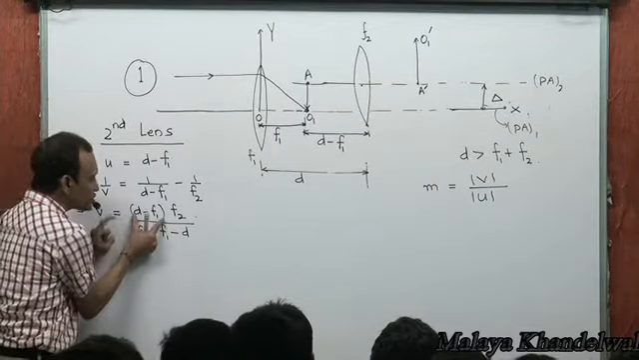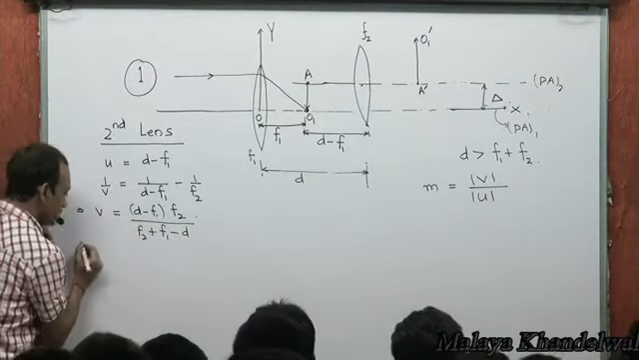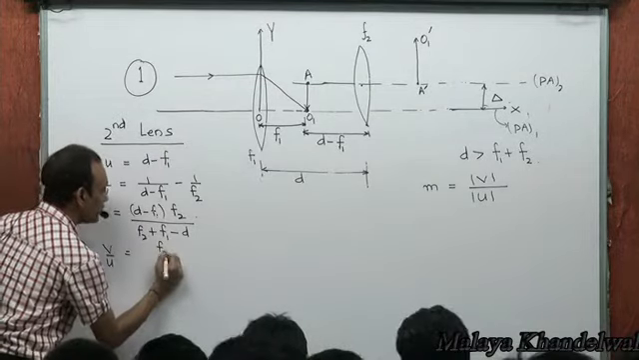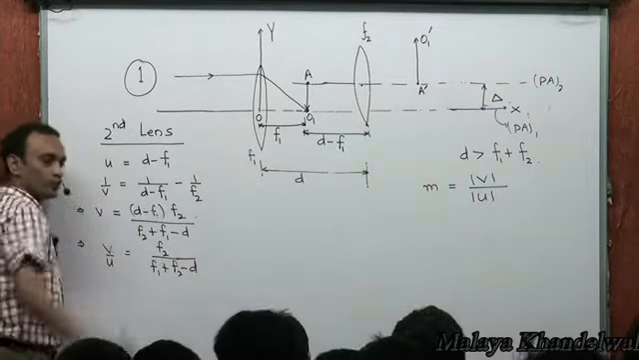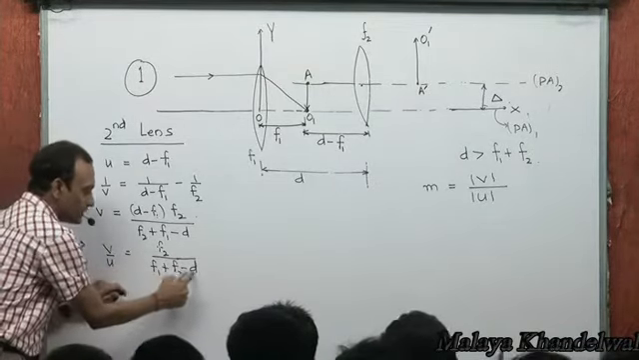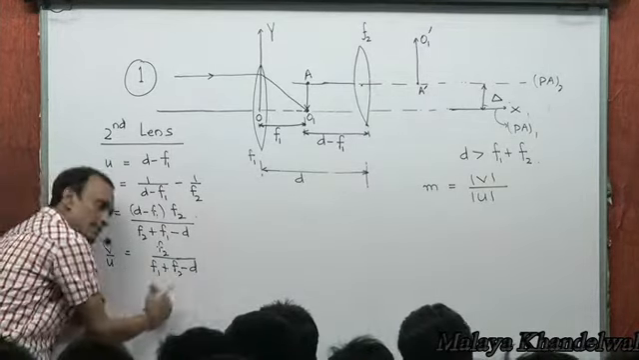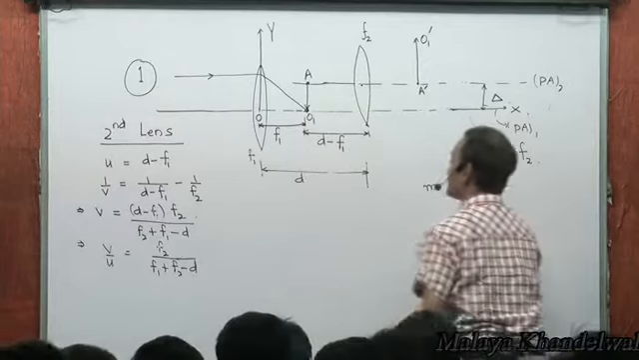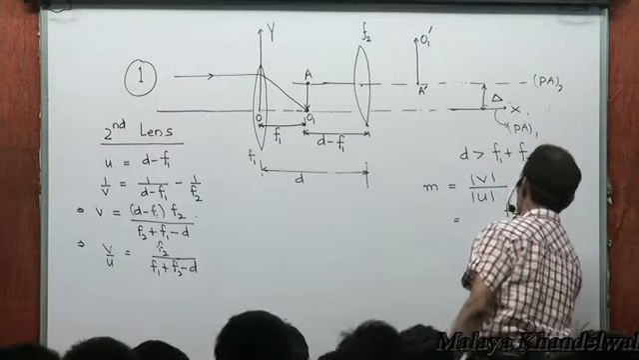And do you realize this is U? D minus F1 is U. So do you realize that V divided by U is F2 by F1 plus F2 minus D? Yes or no? Mod of this would be F2 divided by D minus F1 plus F2. Do you realize that? Because this is a negative number, right? So then mod V by mod U is F2 divided by D minus F1 plus F2. Tell me,